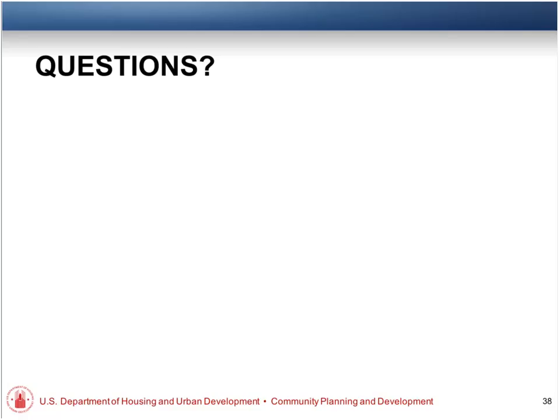So the state's the grantee, so the state asks for the approval, and do they need a separate request for each sub, or can they put it all in one request? I don't know that we figured that out, but I can't imagine why we'd want to put them all together. It just sounds like trouble. But let us think about that some more. I suspect it would be an individual request per entitlement city.